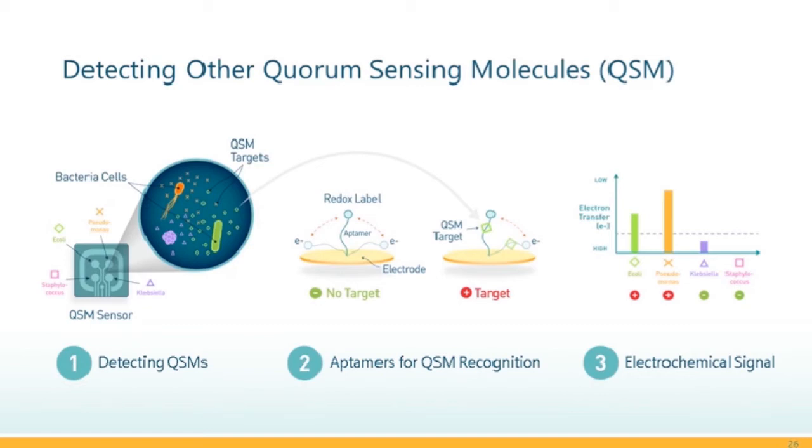When the target molecule binds to the optomer, the interaction frequency of the redox label changes, and that in turn changes the current that we measure. So we can have, say in this example, 4 electrodes, each one having a unique optomer attached to it, and each one measured independently and see what the concentration of those targets is, and that then tells you what's causing